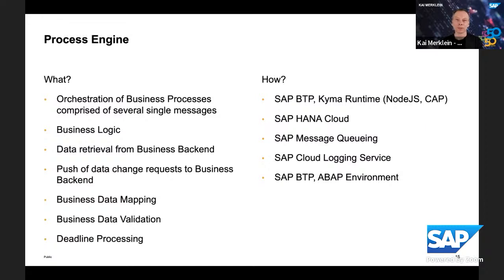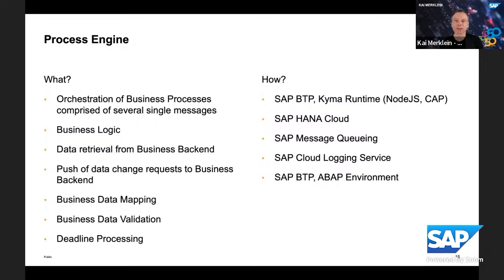So currently we are developing a solution with the right set of cloud qualities for handling such processes, for handling peak times and the scalability needs. This is based on the Kyma runtime, which has basically a Kubernetes cluster inside. We are leveraging the HANA Cloud here because we need to keep data and need to be able to query it. So when a process sleeps for some minutes or hours, while it waits for a message, for a response from outside,